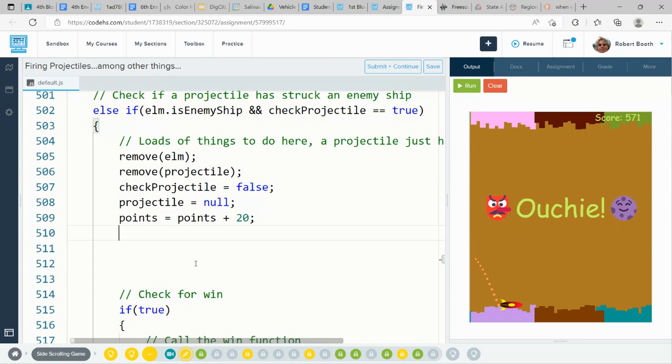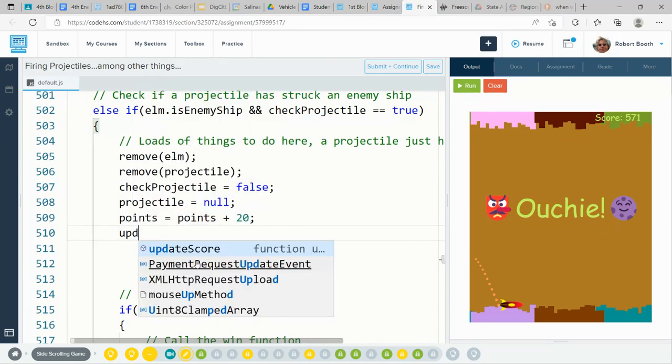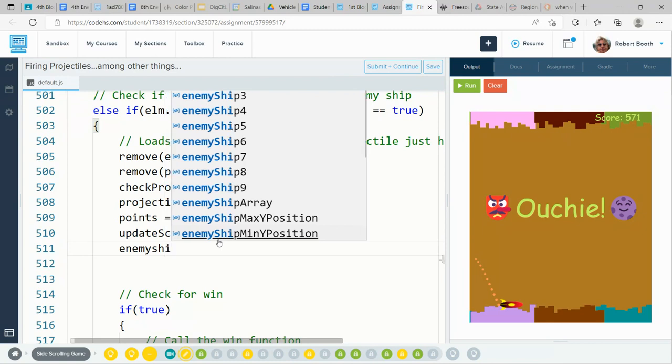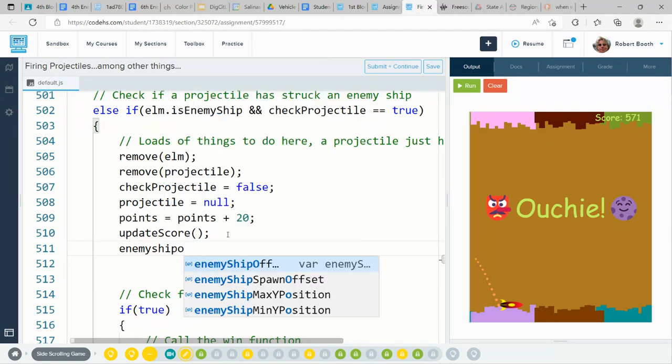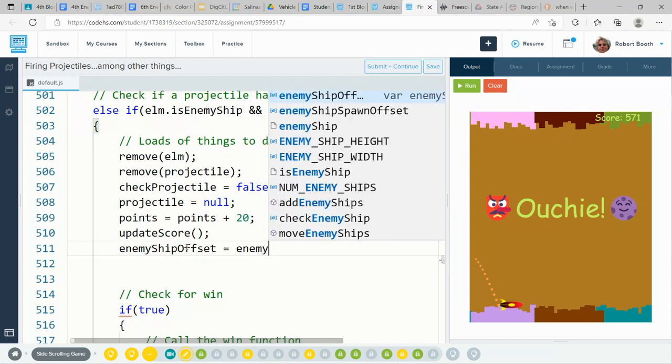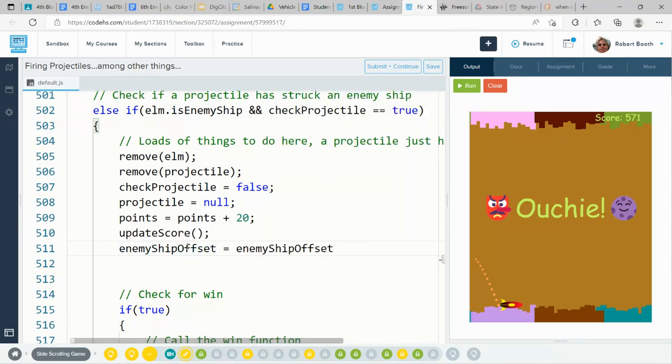And we're going to call the update score function. That way the score will be updated on the screen. And then we have to make an adjustment to our enemy ship offset. Our enemy ship offset needs to be made equal to enemy ship offset minus, and the magic number I came up with was 40. And then the last thing we need to do here is set our